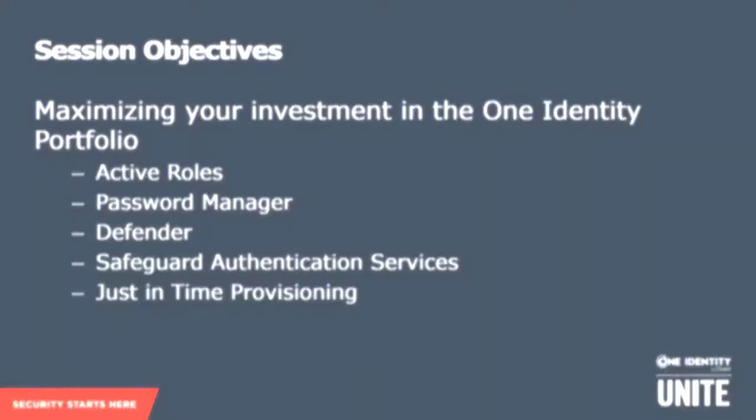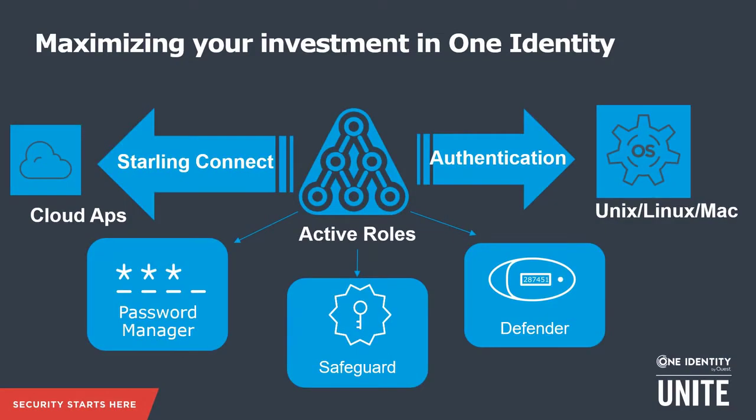Now, in terms of the flow of the demonstration, I'm going to be starting off with Active Roles, and we've configured some onboarding process for an account. I'm going to manually, via the web interface, create a new account within my environment. Some of the onboarding processes automate a lot of these next steps to really leverage the value of that onboarding process. So some of the onboarding templates automatically use the Authentication Services integration pack, so that account can then log on to our Linux and Unix estate. In my example, it'll be a CentOS box.